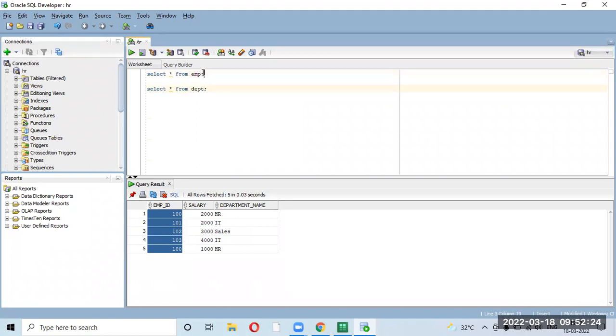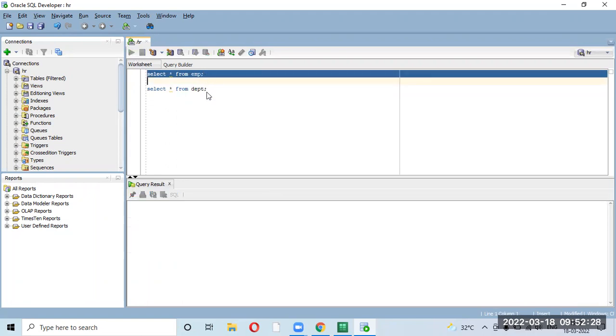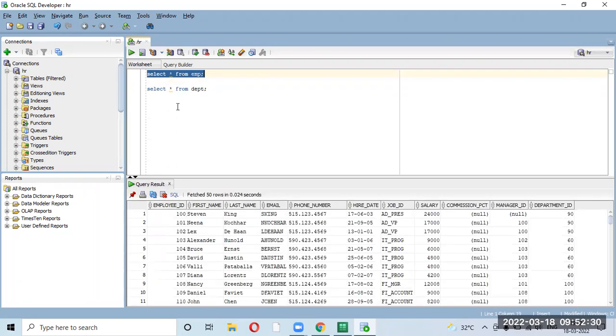Now I have department ID in the employee table. For example, this is an employee named Steven, and his employee ID is 100. His department ID is 90. But seeing that numeric number, you don't know which department he is in. You are not aware of that. So how will you understand which department name it is?